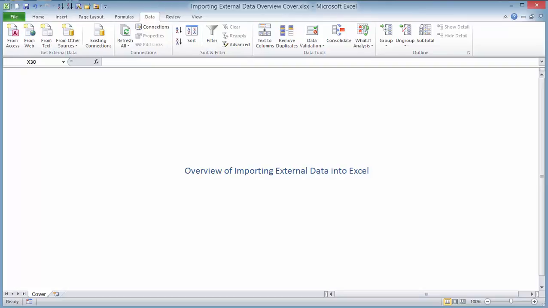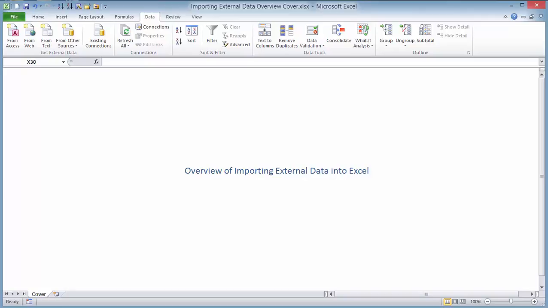Microsoft Excel is great at analyzing data, either with pivot tables or with its many other tools. Unfortunately, the data to analyze are often stored somewhere other than in an Excel worksheet. The most common place to store large amounts of data is in a relational database, such as Access, SQL Server, Oracle, or others. Data can also be stored in text files, XML files, and on the web, and there might